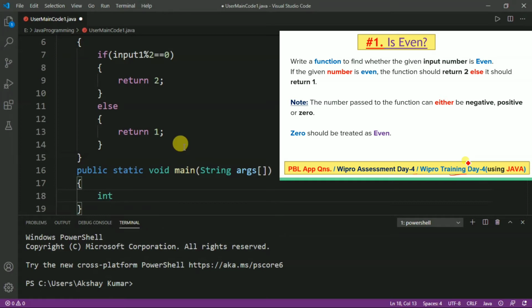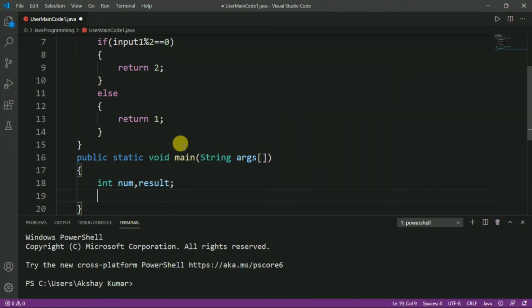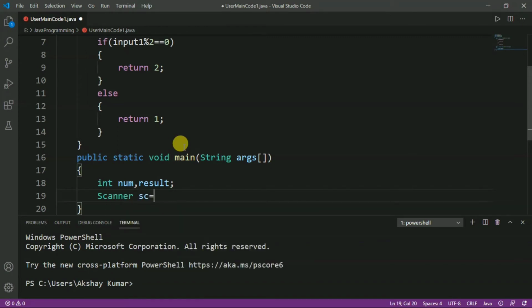Now, we have to define the variables, let us say num for number and another is result. After that, we have to use the Scanner class to take the input from the keyboard, and here we will create the object of the Scanner class, that is sc. So, we write new Scanner(System.in), which will represent the keyboard.